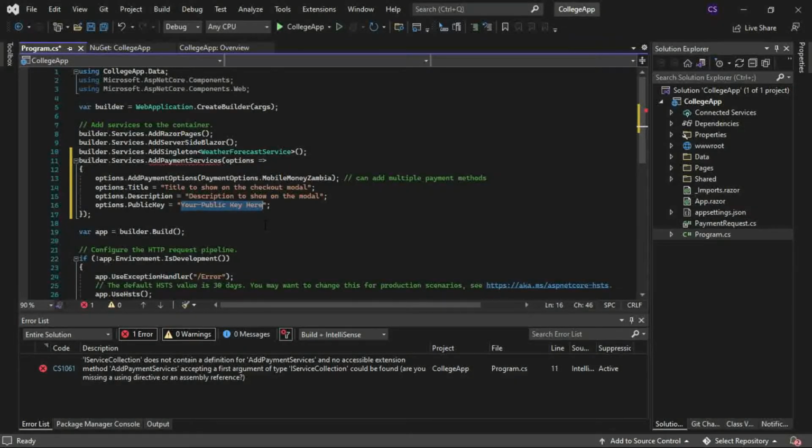And then in case you don't have an account with Flutterwave currently, you can check out the video in the description below that explains that. Okay, so you're gonna have your key there, and then the next thing is